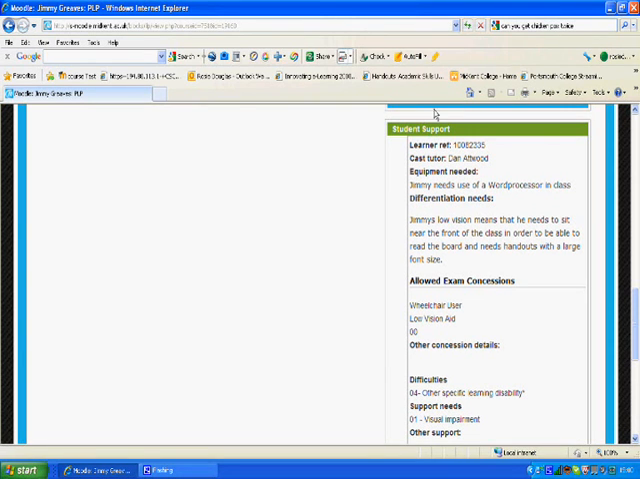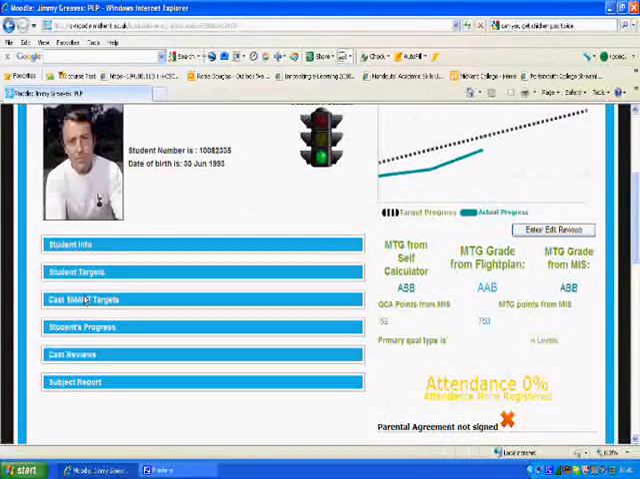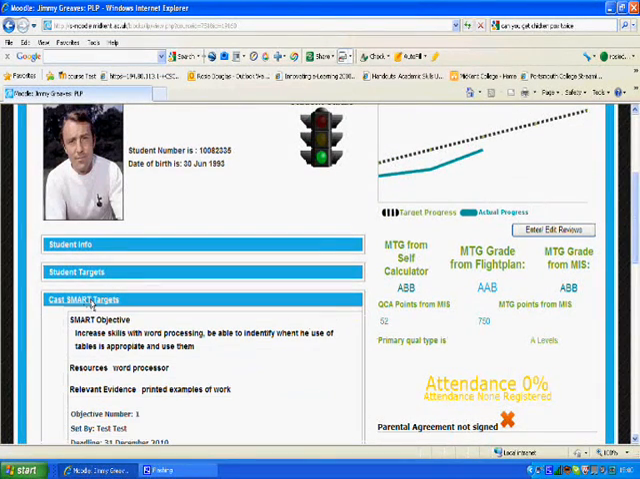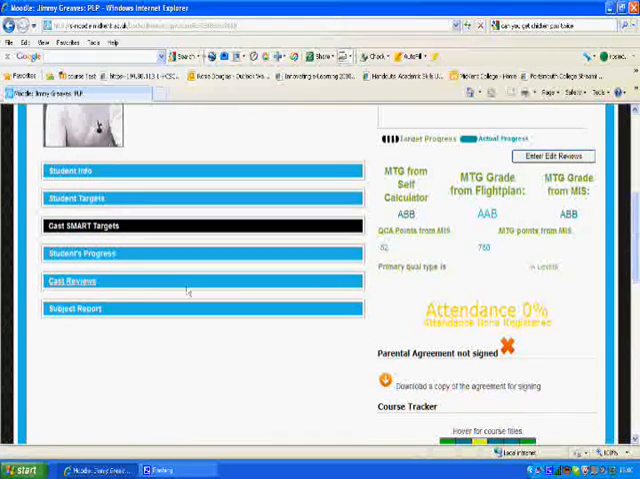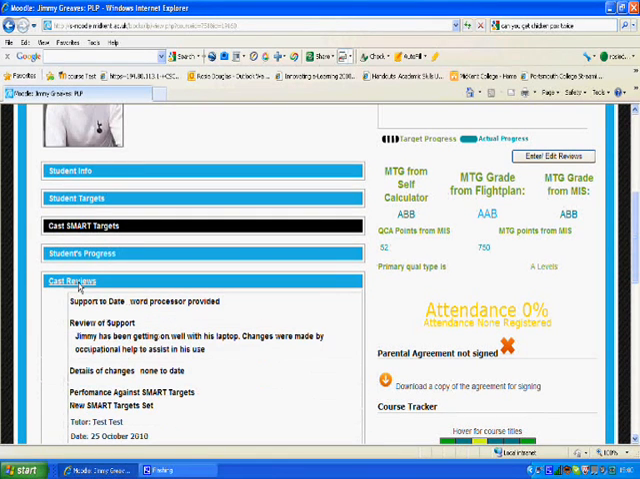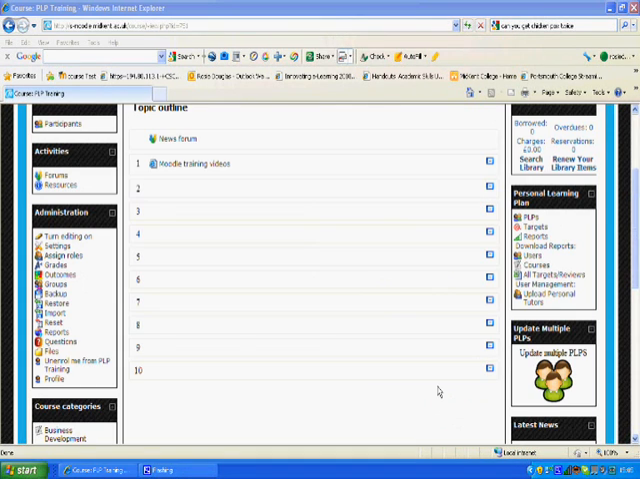Now, I said I would go back over here. This also links in smart targets from CAST are fed directly in here, so that everybody can see what they should be working towards and any reviews. So again, this is the first time that all this information has been brought together, a collaborative view of this student. Now, I've just gone back to the course page because I want to show you some other developments that